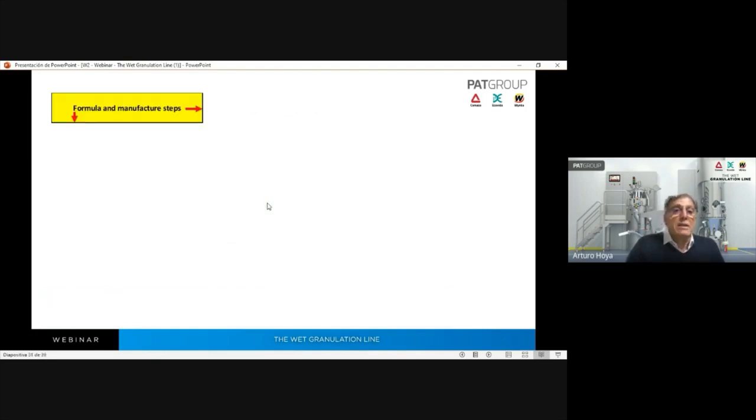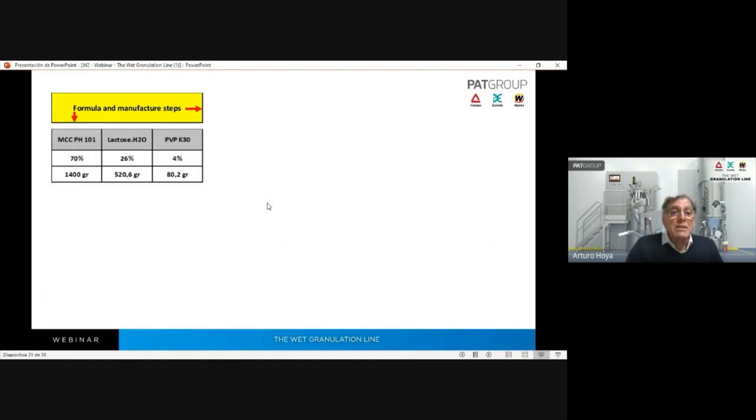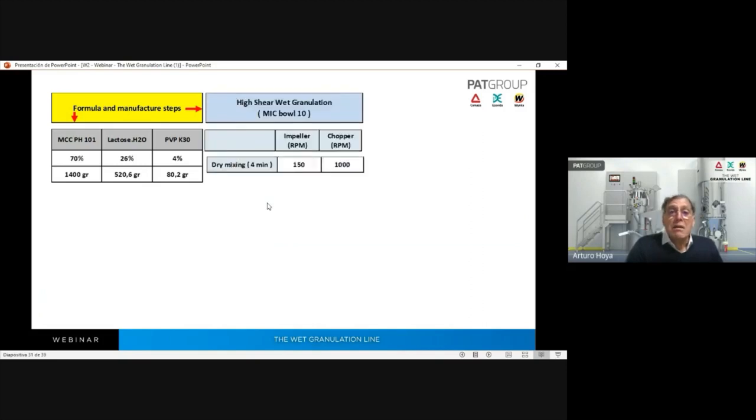Well, look at this. We have a typical placebo formulation of microcrystalline cellulose, lactose monohydrate, and PVP. These components, in this proportion, are mixed during 4 minutes in order to obtain a homogeneous dry mixing before wetting, of course. The condition could be, for example, for this size of ball, 150 RPM and 1000 RPM of chopper. When we obtain the dry mixing